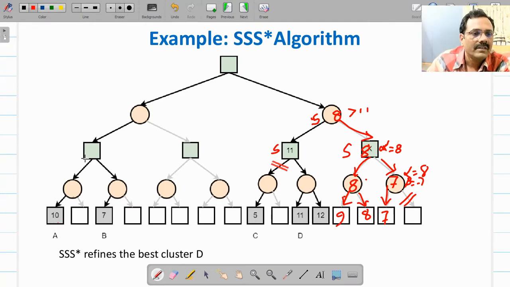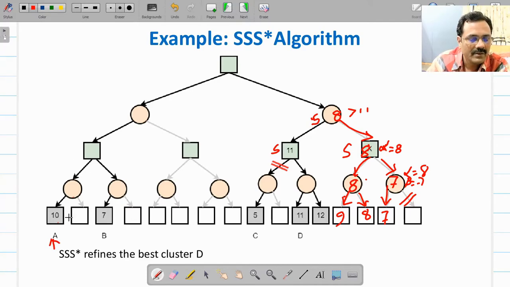Now algorithm will shift its attention to this node A, which is representing two strategies in this cluster A, which has upper bound 10, which is better than 8 right now. So if this maximizer gets better than 8, it will take. So now this is the best, so this will be evaluated.